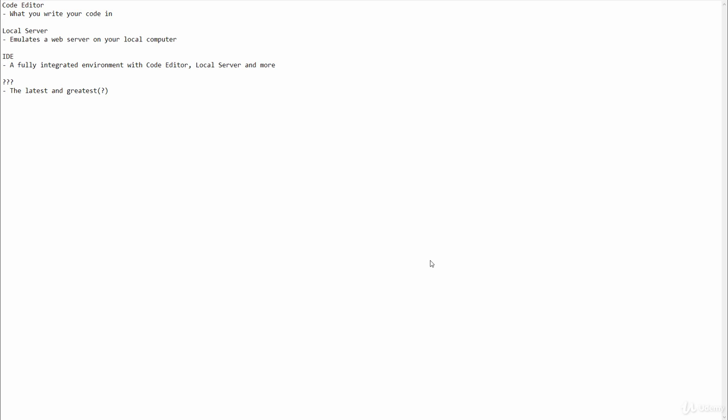So the first thing that you need is, as you see here, some sort of code editor. The code editor, you could think of, it could be as simple as something like Notepad. I hate to say this, but when I very first started coding, I started out in Notepad. And you can technically use Notepad, but it is about the hardest way in the world for you to go about coding. So I don't recommend that, but you just need something that you can write plain text in